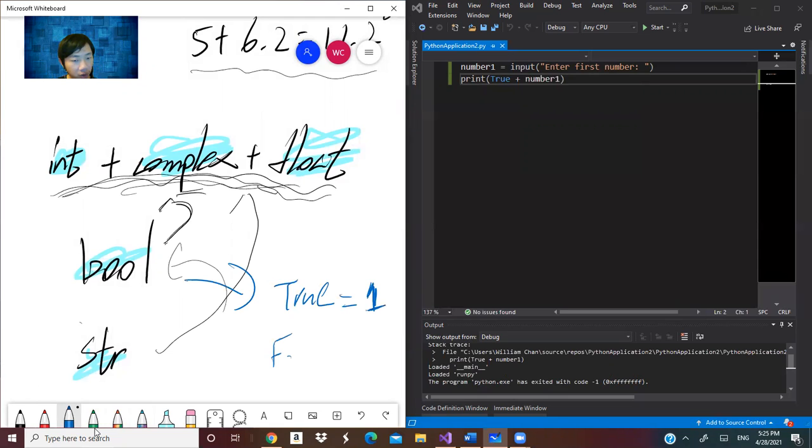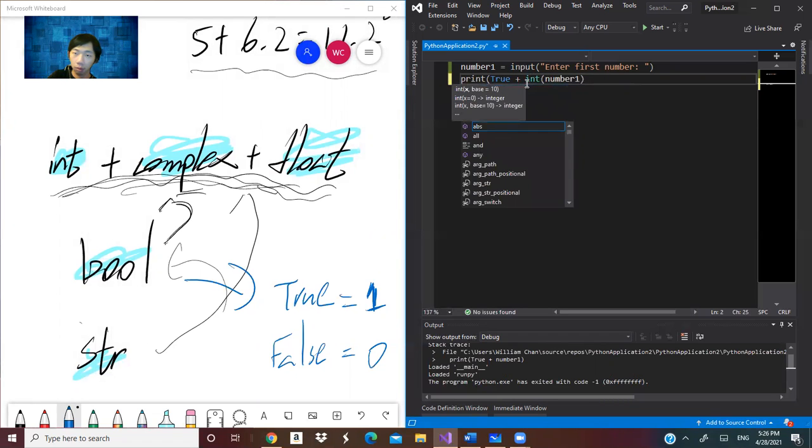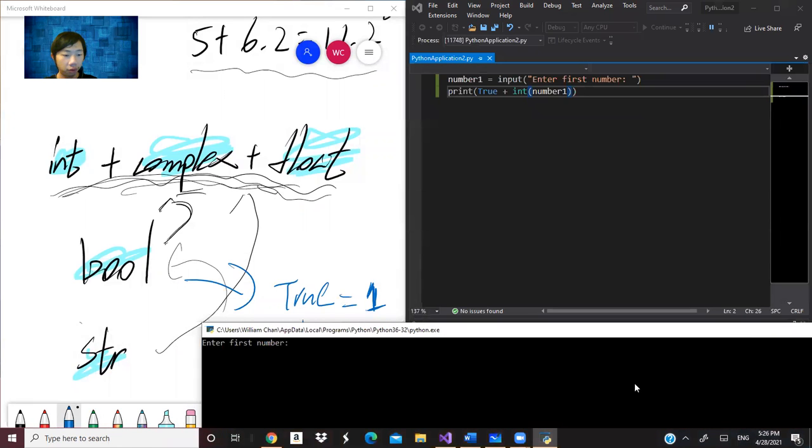If you use false, it will convert it to 0. So let me see. Change it to 4. Number 1 is the string, but I change it to the int, so it's 4. 4 plus true, true will convert to 1.